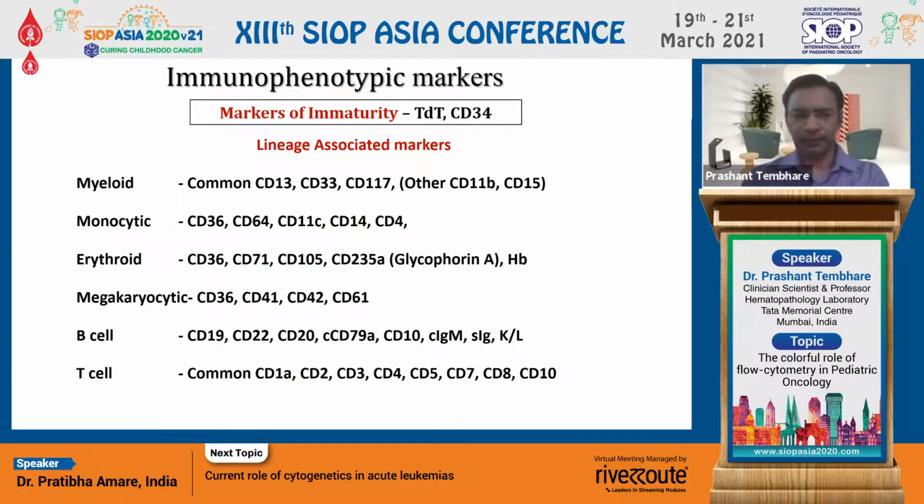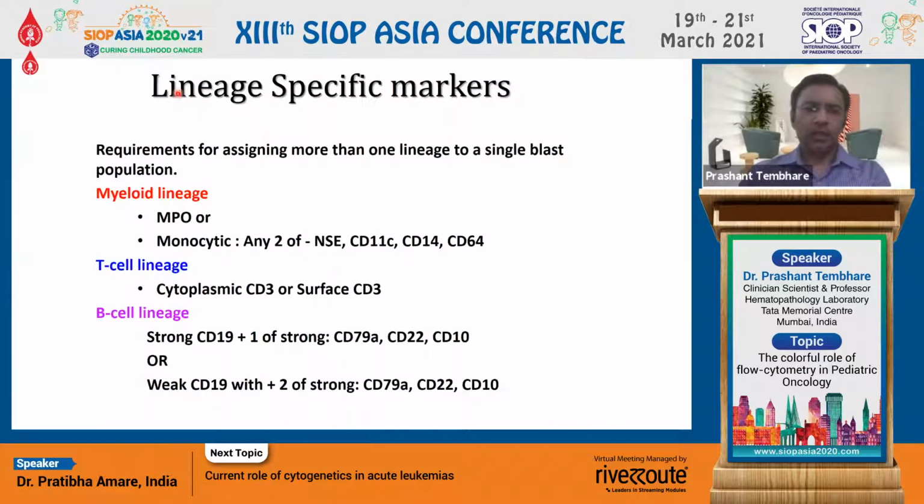and in some tumors even CD10. Now, there are some markers you need in order to confirm the lineage, because these lineage-associated markers can change between the lineages. For example, myeloid markers can be expressed in T-ALL, and lymphoid markers can be expressed in myeloid lineage. So we need specific markers. The WHO has given guidelines.